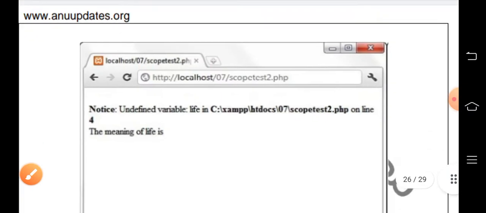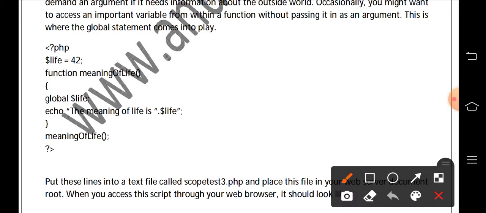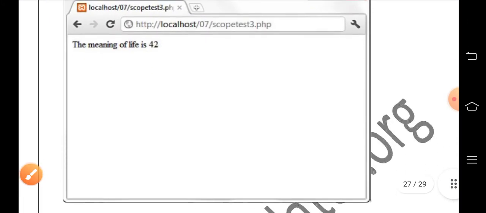Here you can see in our next example, life is equal to 42. This is a global variable. In order to access this global variable inside a function, you have to declare the keyword global. Then only the output will be: the meaning of life is 42.